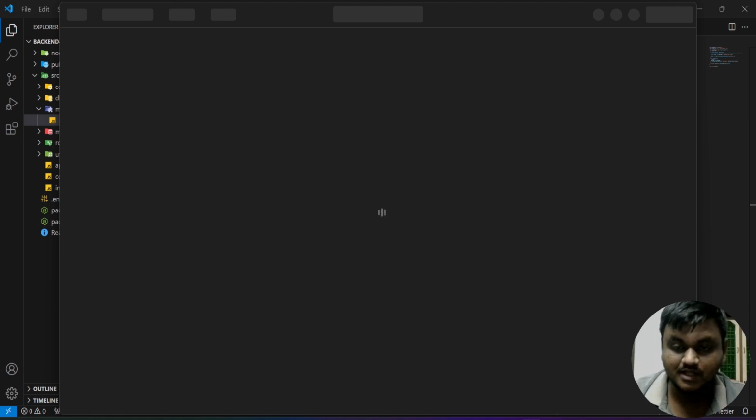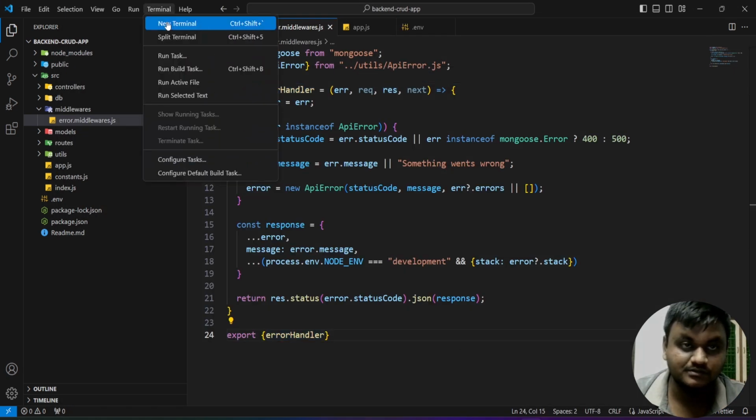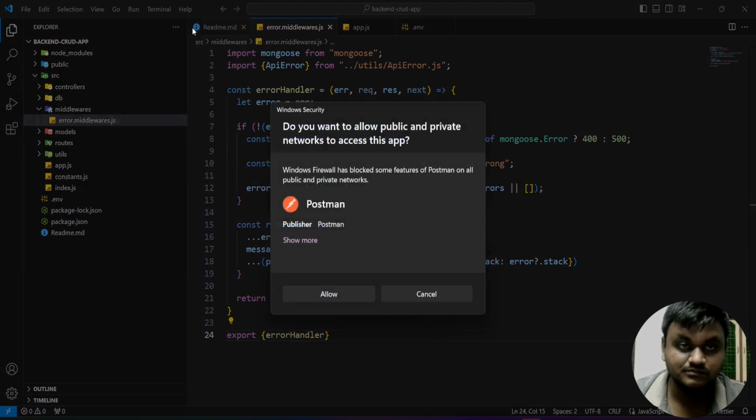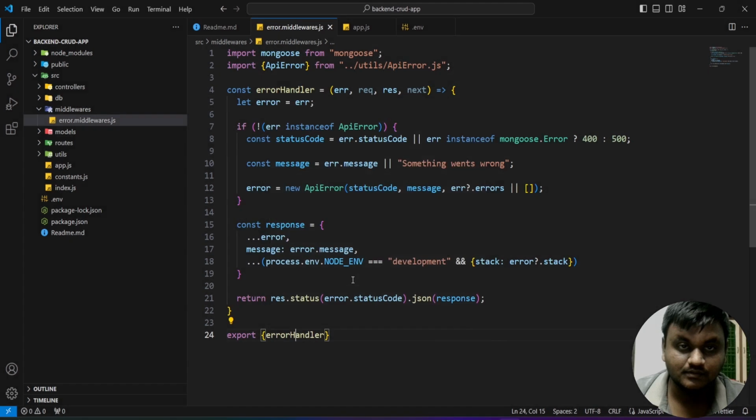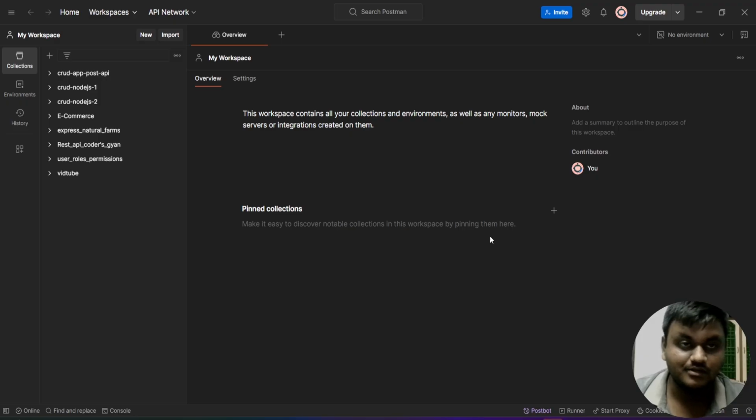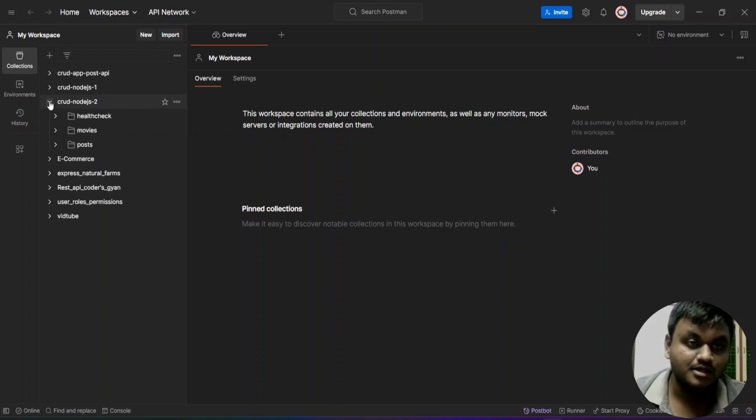Before coming here, first run the application. Actually, the application is already running. Hello. Before going to the Postman client, you have to run the application, then come here to the CRUD Node.js